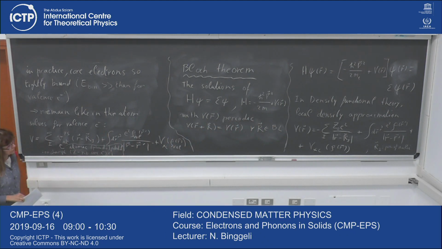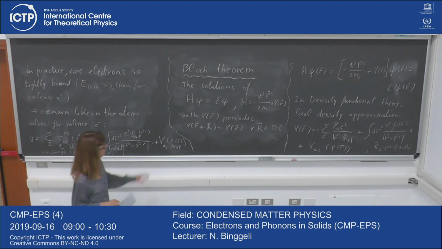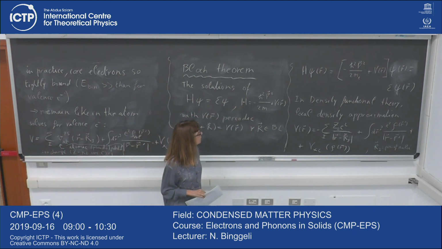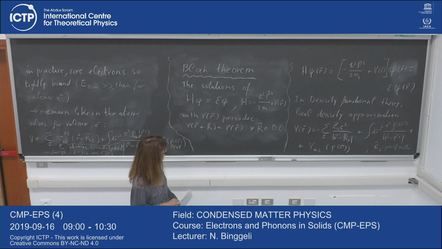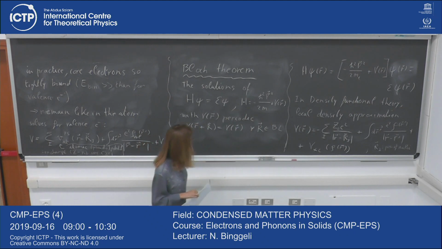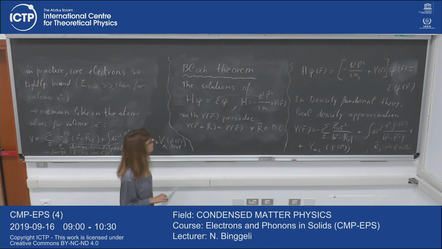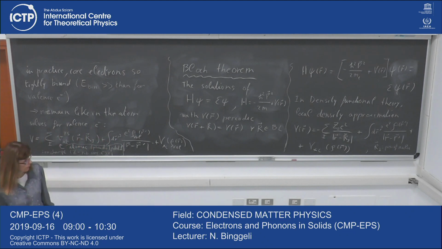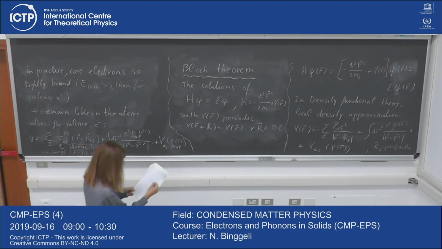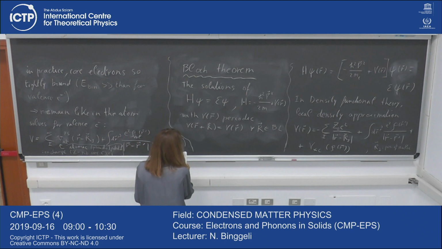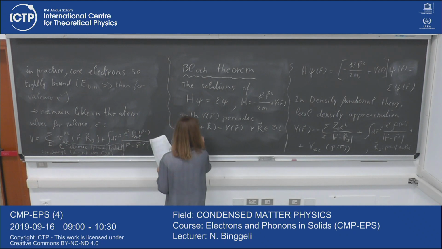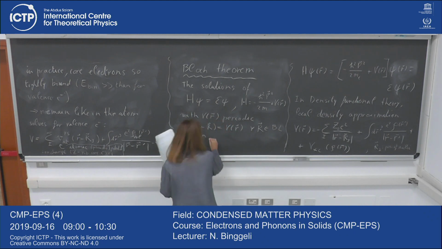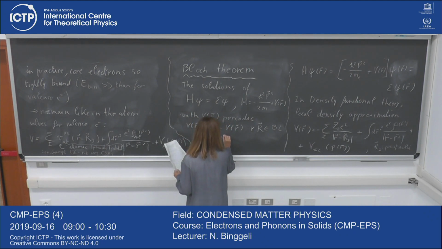So the solution of this Schrodinger equation with a Hamiltonian with a periodic potential, and by periodic I mean having the full periodicity of the Bravais lattice, then this solution can be, according to the theorem, written